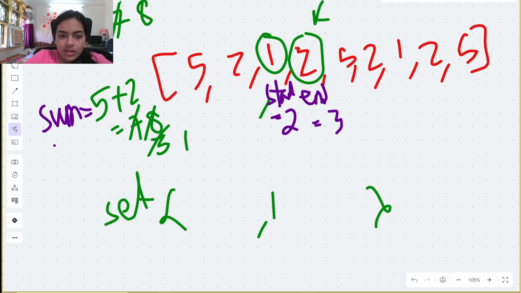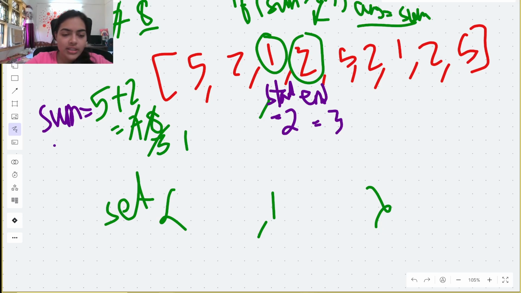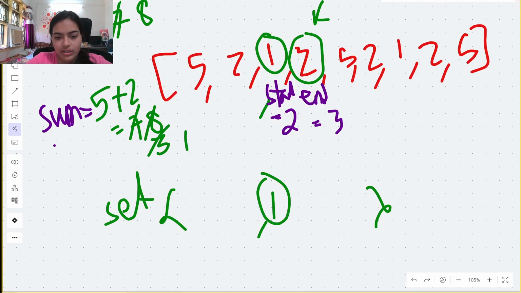Okay. Now let's move forward. We will not change our answer because our answer is obviously greater than sum. When will we change answer? If sum becomes greater than answer, only in that case we will change answer and make it equal to sum. Okay, but till now our answer is already a better value, so we will not change it. So currently in the set we have 1 only. Now we can add 2 because 2 is not clashing with any element in the set. So now easily we will add 2 to our set.